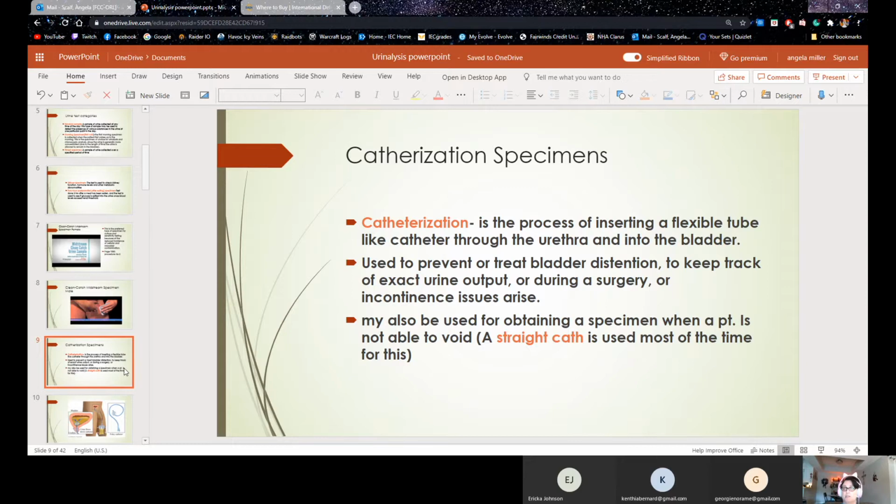So the nurse or the MA, doctor, whoever. I have seen some MAs who have been trained to do this. This is not something that we are trained in, but I have seen doctors who do train their MAs to be able to perform these. And when you do this, the area around the urethra has to be cleaned and sterilized very well. And then the Foley is